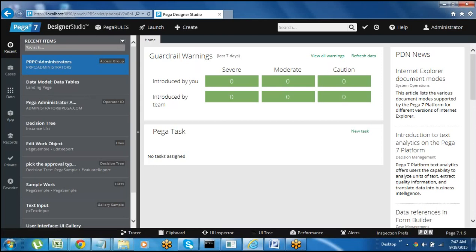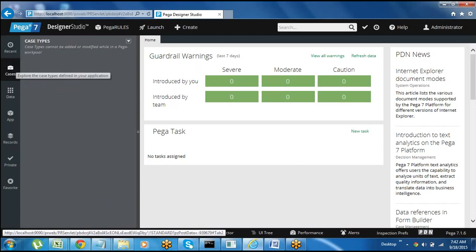And cases is a new concept in Pega 7. Cases are nothing but modules, and inside the cases we have to decide what types of workflow we have to design. In detail, when I start the application I'll tell you, so don't worry about this.